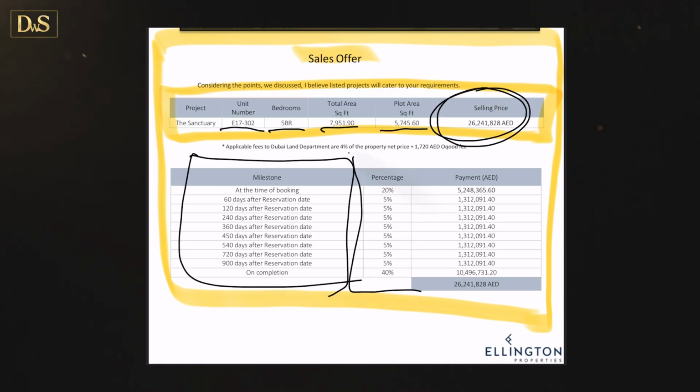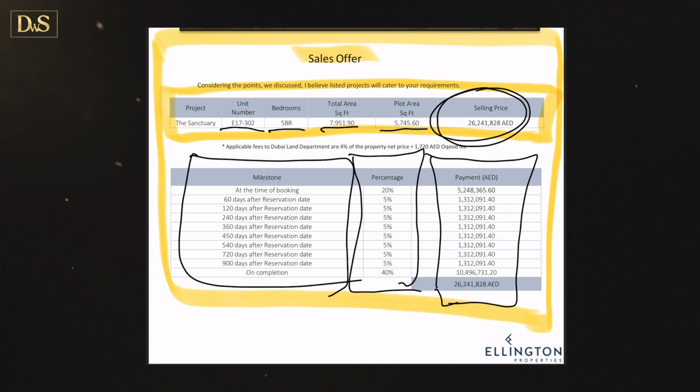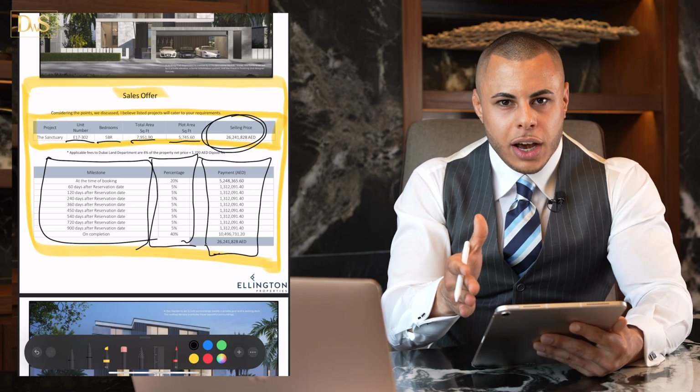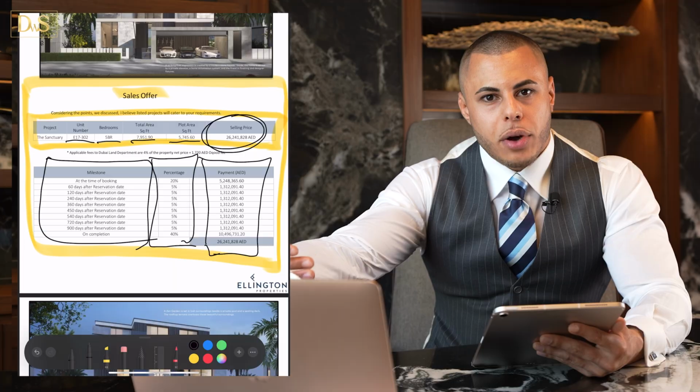And then the percentages of what has to be paid at which particular time in the middle, and then on the right column we find the exact dirham amount which has to be paid as well, okay? And that gives us super clarity, and this is a perfect base for a comparison to a certain other product. And then we can, for example, list 2 or 3 sales offers with each other and can compare the exact